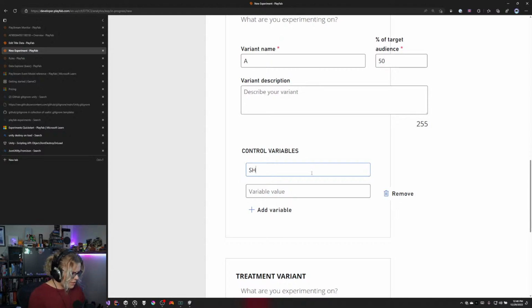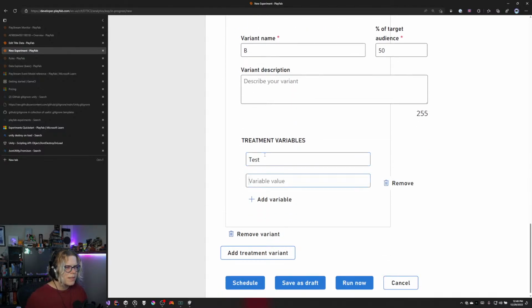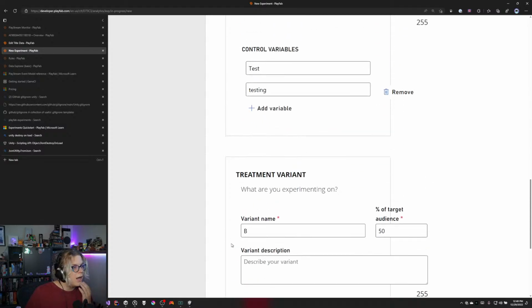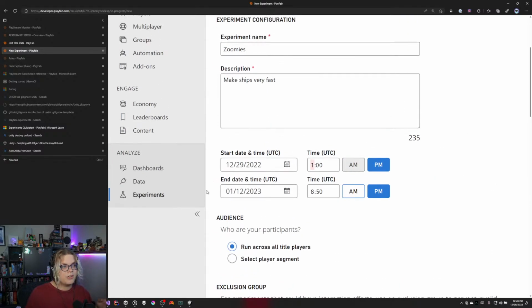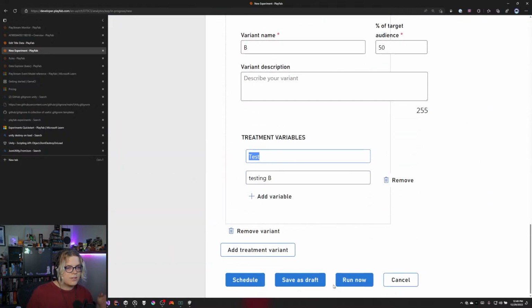What I'm curious about is this variable name testing and testing B. I'm curious if we have to do a little bit of extra work to set this up so that this will actually be supported, or if we can just use the configuration that we've already created as a way to work with this. So let's go and create this,